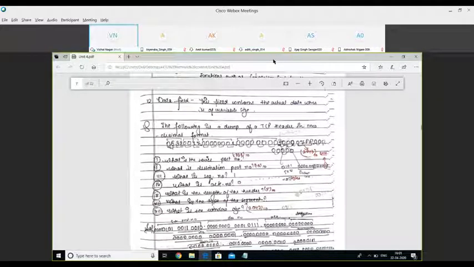Now when we convert this value into binary, we will get 0000. Then 5 is 0101. Then next is 0011, and this 2 is 0010.